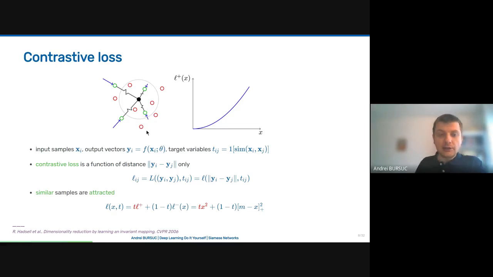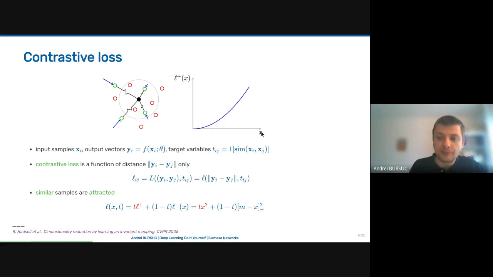So in the contrastive loss, we actually have two behaviors. One mode is when my two input images come from the same class, and in this case what we want is to attract them. So I want to push these green samples towards the blue one, such that the very similar ones will always be close to each other. That's the intuition: if they are similar, they come from the same person, they should have a very similar representation. So here I'm representing the evolution of this loss, which is what we want from this loss